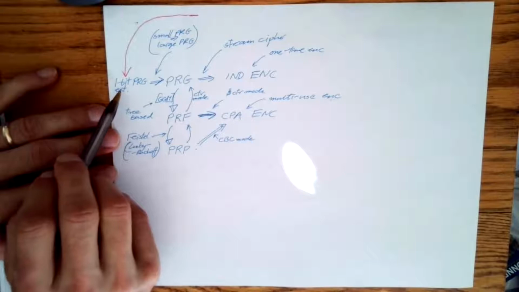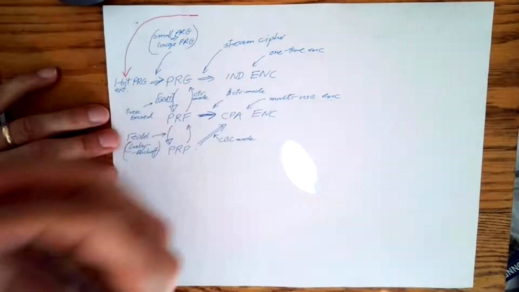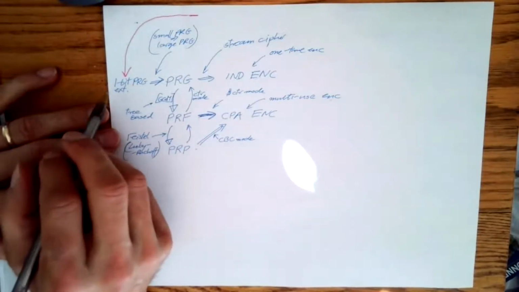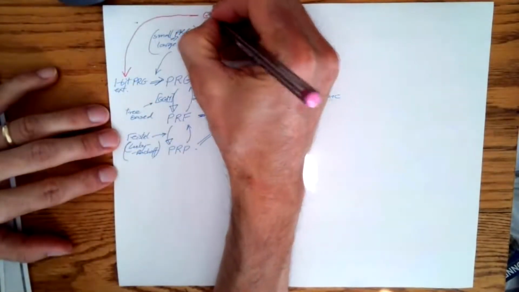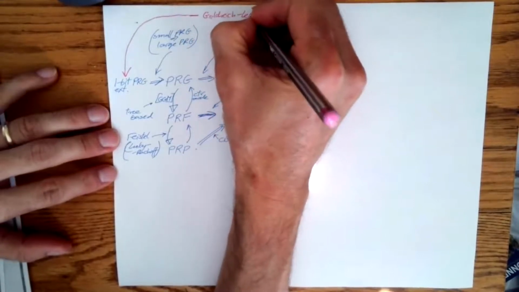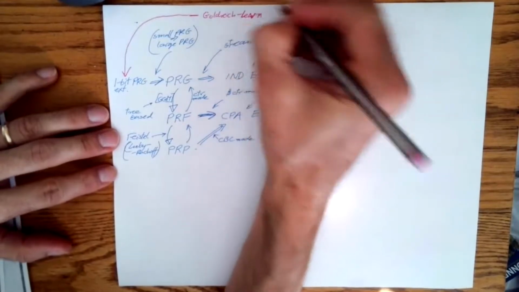But you also have some guiding principles for how to do this. And one guiding principle that we can all understand is the Goldreich-Levin analysis, or Levin, I think, put in this way,